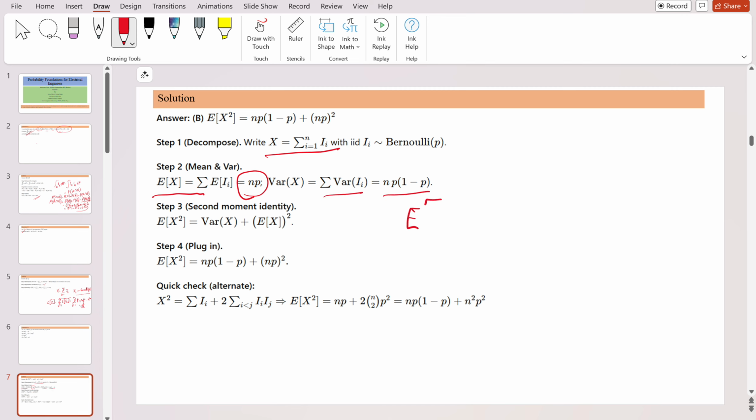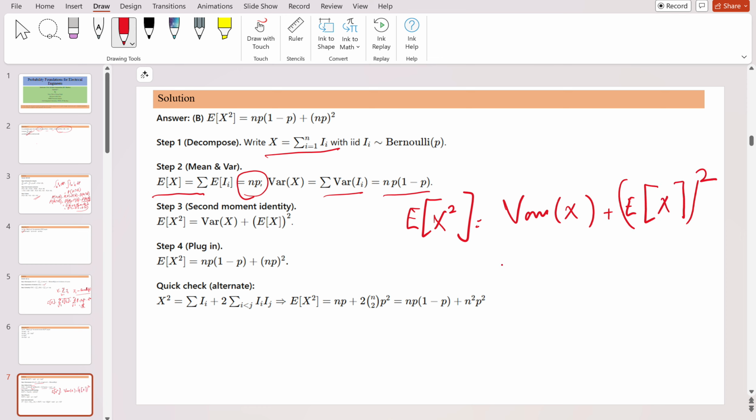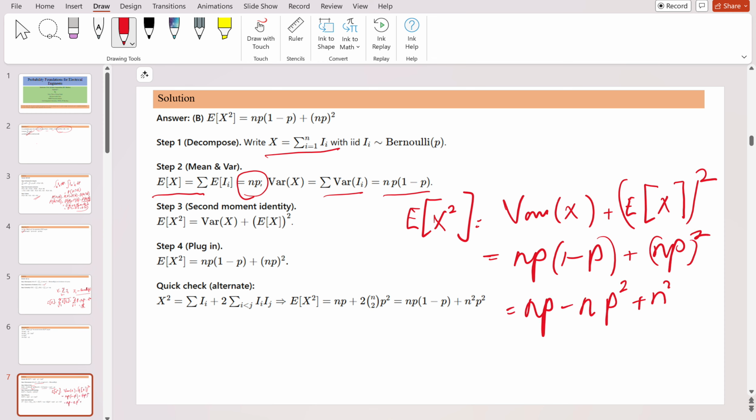So expectation of x square is equal to variance of x plus expectation of x of whole square. So when you solve it, variance is np(1 minus p) plus (np) of whole square. When you solve np minus n times p square plus n square p square, you will get